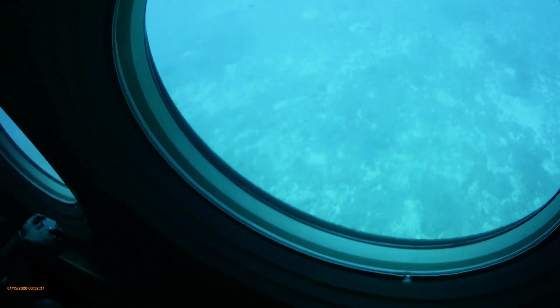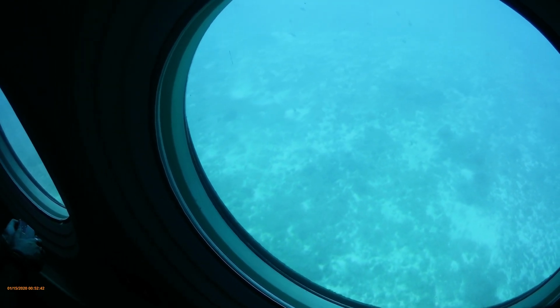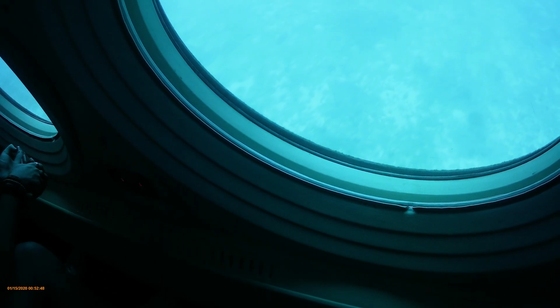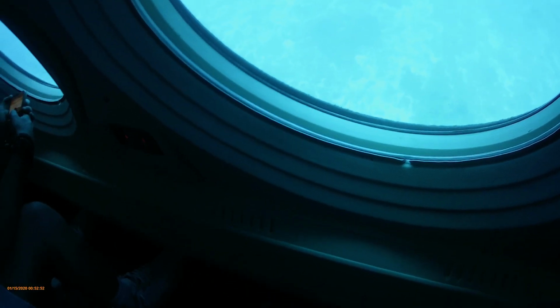Their target species was tuna, swordfish, marlin, those big pelagics up on the surface, but they catch everything, including sharks, turtles, stingrays. Then they have to haul in their nets and throw back anything they didn't want. Oftentimes they would throw